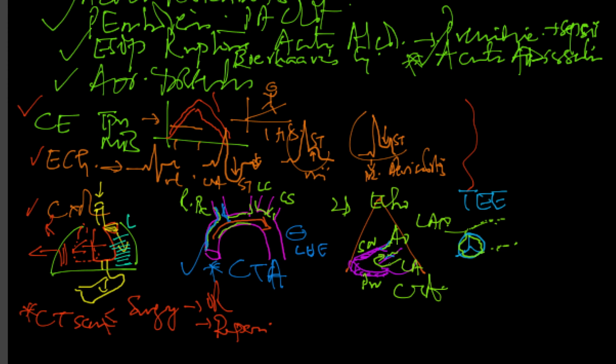Now, 2D echo will also reveal if there was a pericarditis, right? Normally, you would not see a pericarditis on a 2D echo, but if there was an effusion, so if there was an effusion like this, that fluid will be accumulating here in the most dependent portions of the pericardial sac, we call it, and within the pericardial sac like this, there will be fluid here, and that fluid will be the pericardial effusion, if you will. So even a pericardial effusion or pericarditis can be diagnosed by an echo.